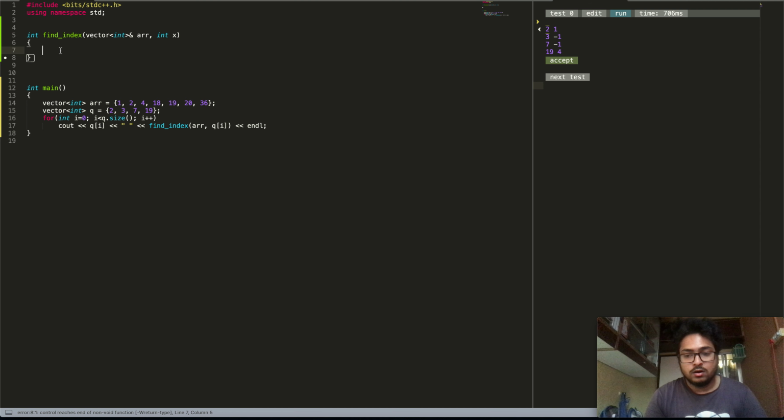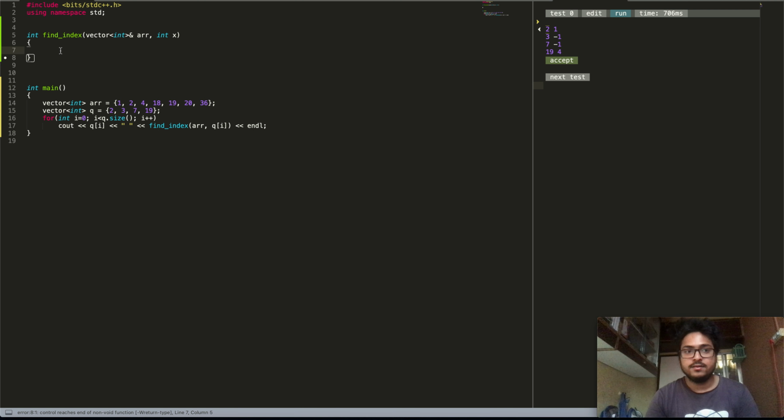Now there are multiple ways to solve this problem. One way is linear search. You can iterate over the entire array searching for this target value X, and if you cannot find the target value X, you can return -1. The runtime complexity for that approach will be O of n, that is O of size of the array. So let's just see how we can perform better than linear search time. So the answer is binary search, of course.